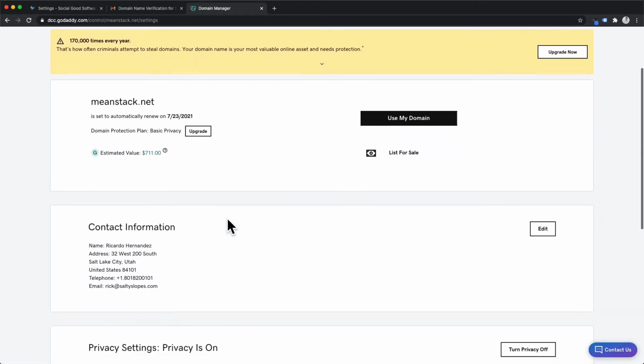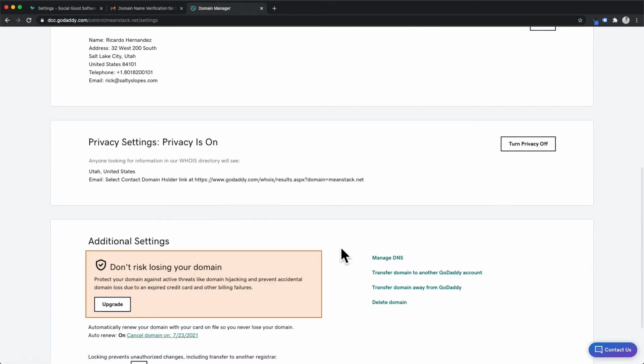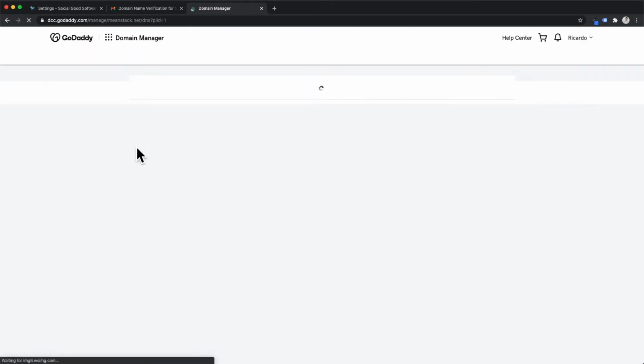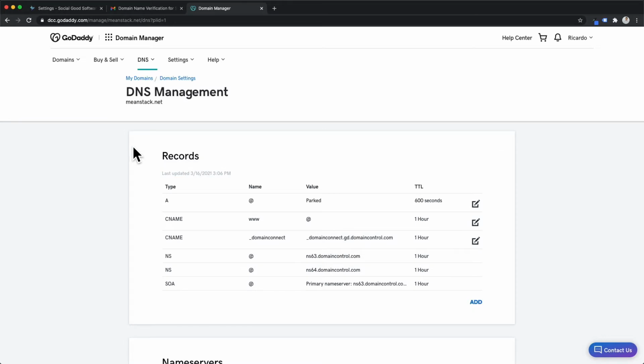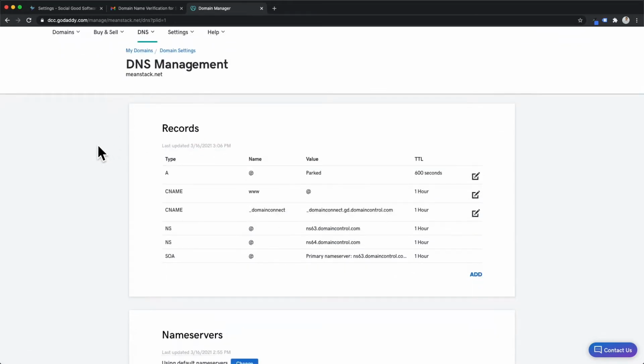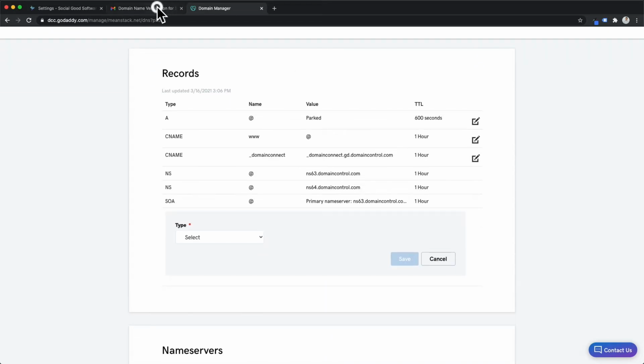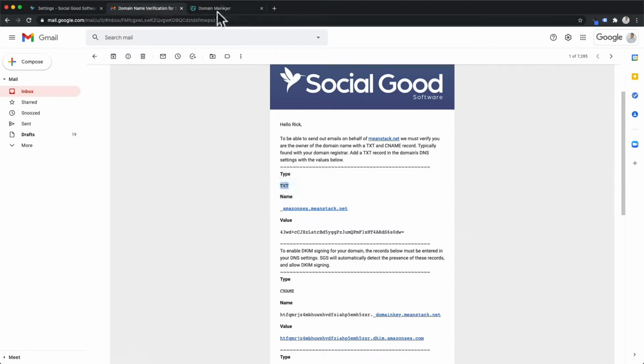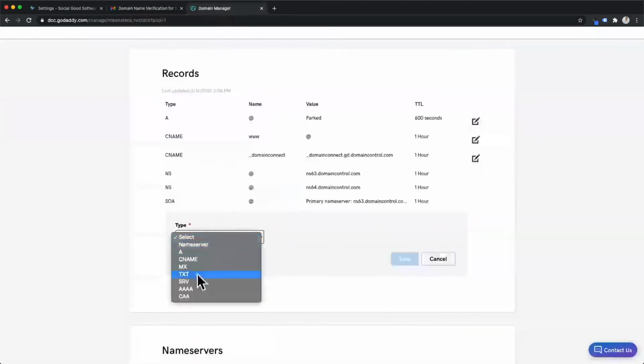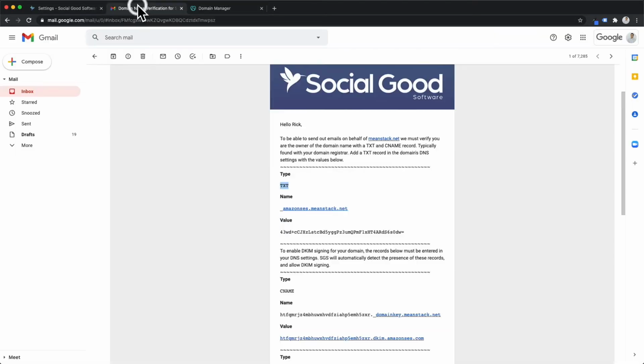I'm going to head down here to Manage DNS. And then you will see you have the ability to add a record right here where it says add. So I'm going to click on add here. The first one we're going to add is going to be a TXT record. So we're going to do TXT, and then we need a host. So we're just going to copy this entire thing